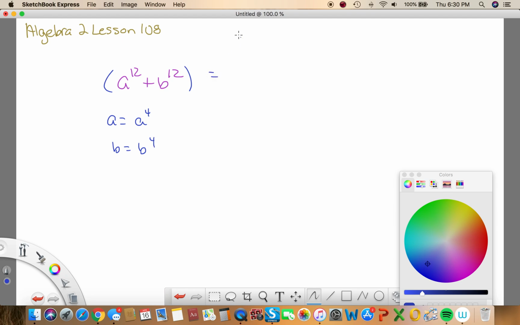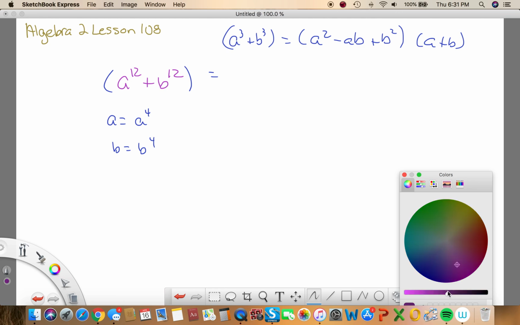Now, what's my formula of a cubed plus b cubed? It's going to be a squared minus ab plus b squared. Oops, I forgot the first thing, which is a plus b. That goes in the front. So let's go ahead and factor. And we've got, so we start with a, which is a to the 4th, plus b to the 4th, right,